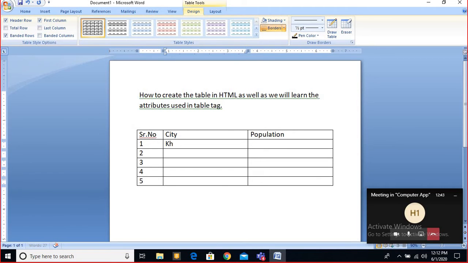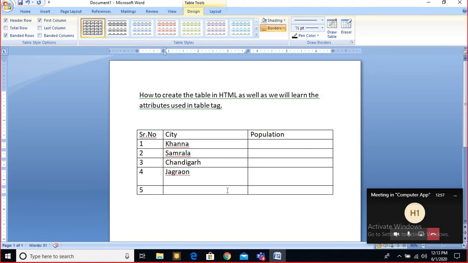Let's say I have written Khanna, then Samrala, then Chandigarh, then Jagraon, then Sirhind. So this is the data.